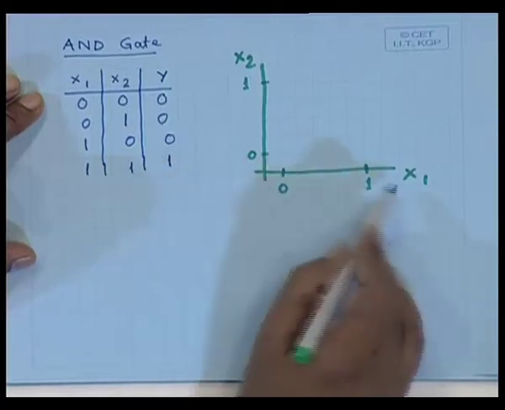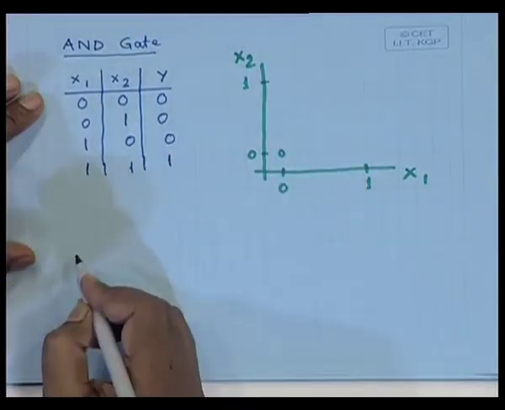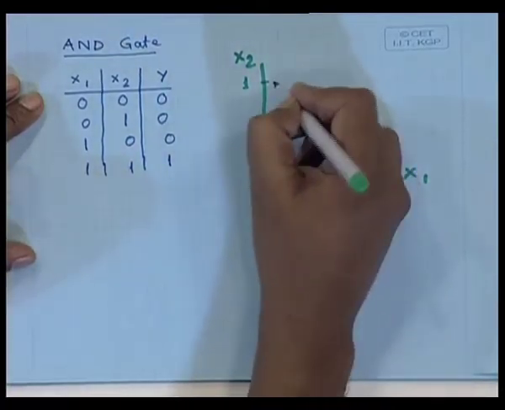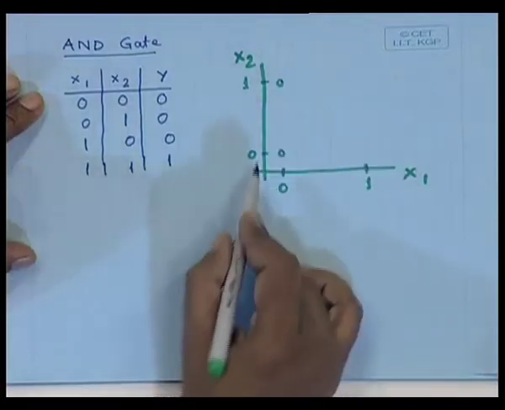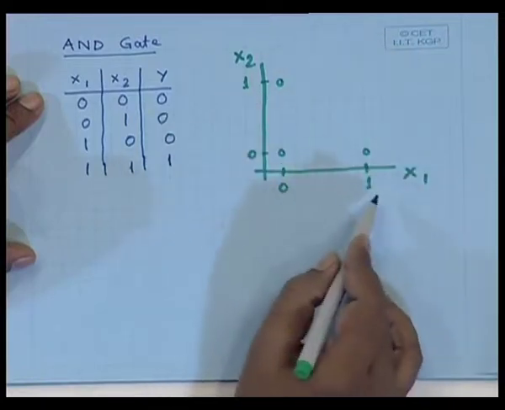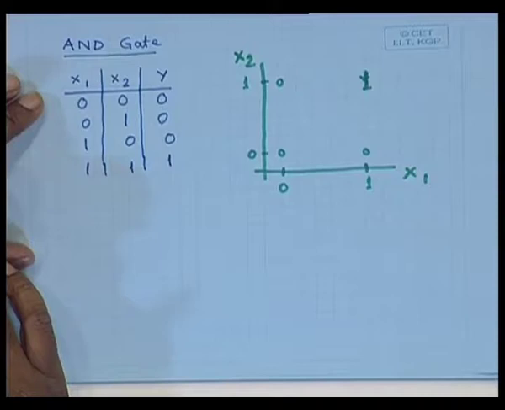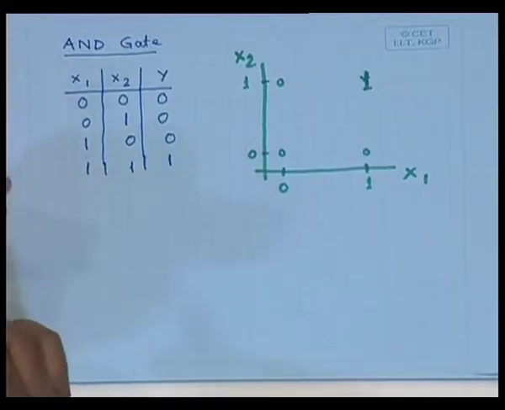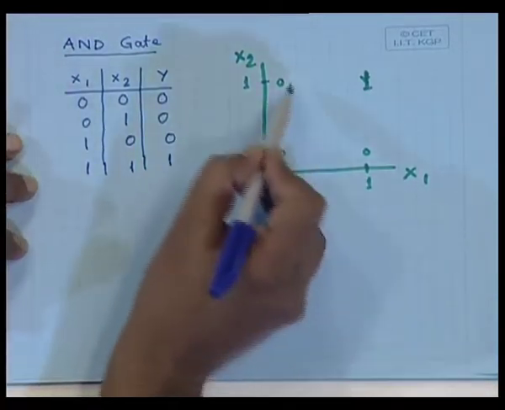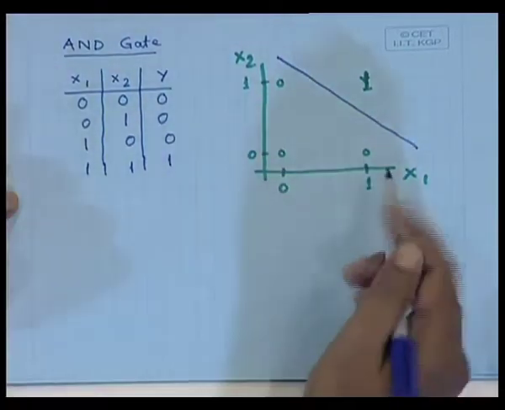So, if x1 is 0, x2 is 0, output should be equal to 0. If x1 is 0, x2 is 1, then also output should be equal to 0. If x1 is 1, x2 is 0, then also output should be equal to 0. If x1, x2 both of them are 1, then output should be equal to 1. Something like this. So, you find that given this sort of plot of the outputs, I can define a boundary line somewhere over here. So, this is my classifier,